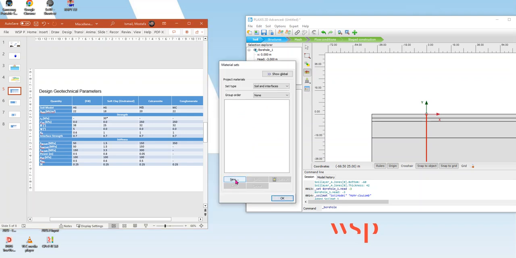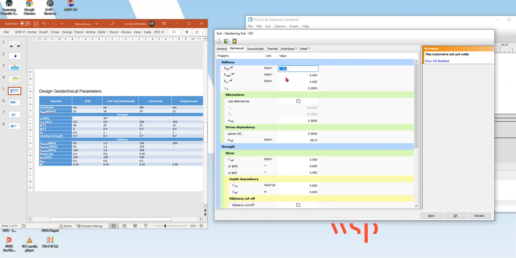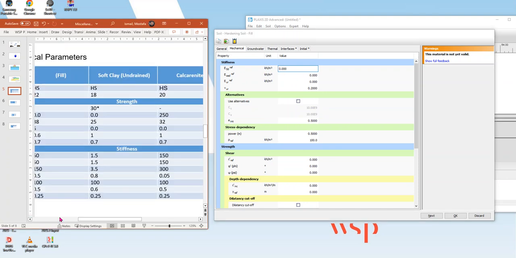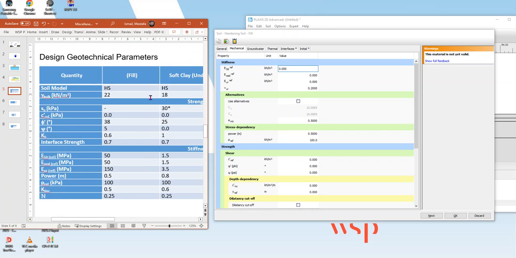So I will create, let's say new, and I will call this material fill. As you can see here, soil model. So I go to soil model and it will be the hardening soil model. And I have here all the parameters ready. Gamma bulk is 22. So I will assume that the gamma above the groundwater is the same as below the groundwater. So I will go to mechanical and I have here, let us just increase this a bit. I'm in the fill and I have here